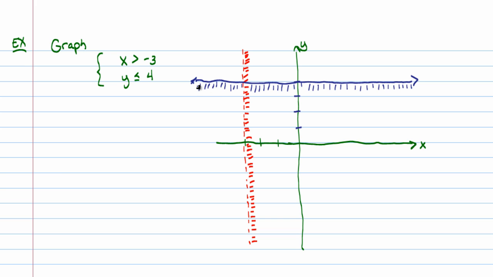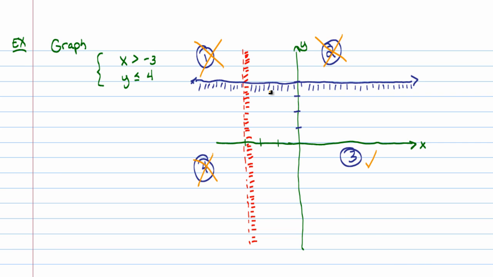Okay. Now you have to ask yourself, what's the region that they commonly would have shaded? I'll number these 1, 2, 3, and 4. In region 1, neither of them are shaded, so that's out of the question. That's not going to be part of their solution set. In region 2, it'll have a red shading but not a blue shading, so that's out of the question. In region 3, I'll get a blue shading and a red shading. That's the good one. In region 4, I only get a blue shading, but the red doesn't come over here, so that's out. So the winner is region 3,